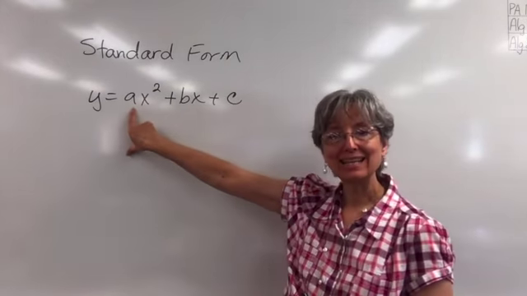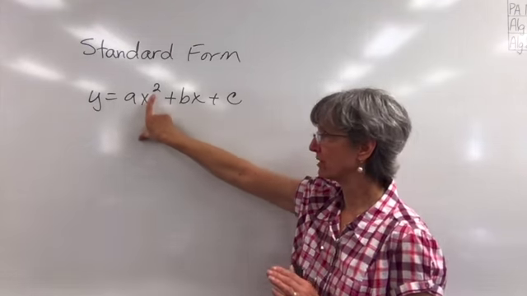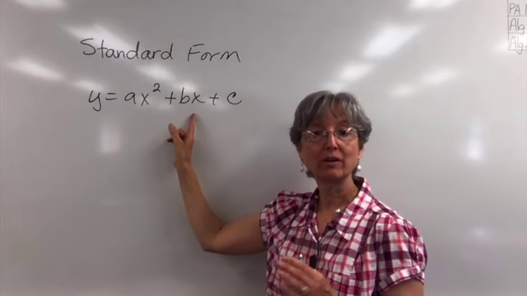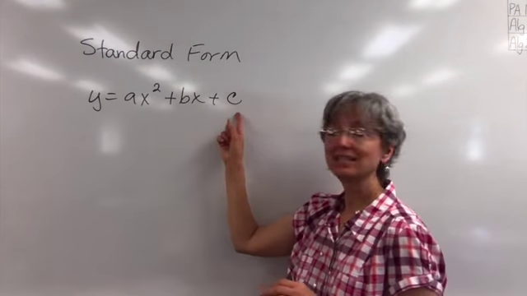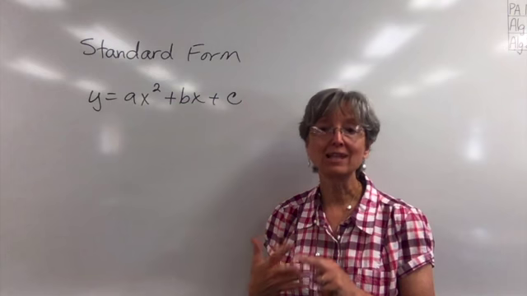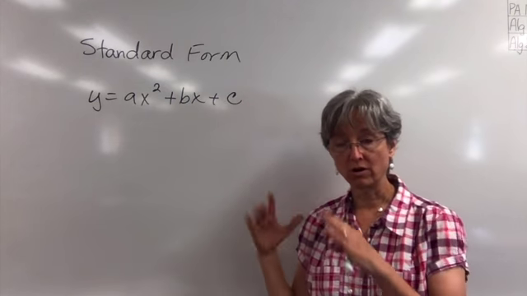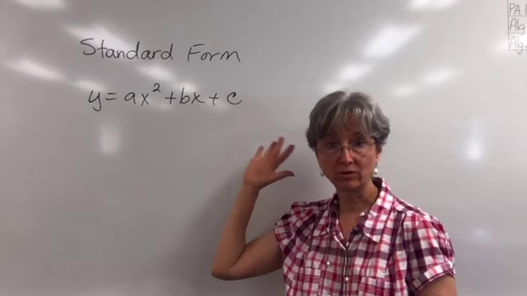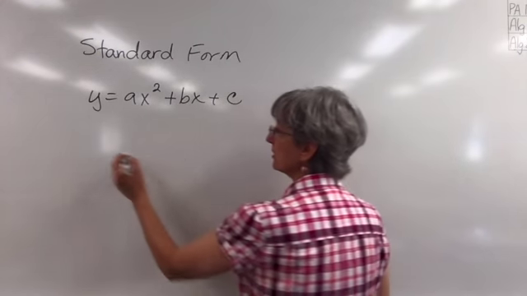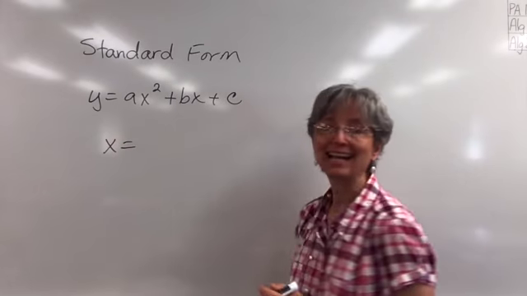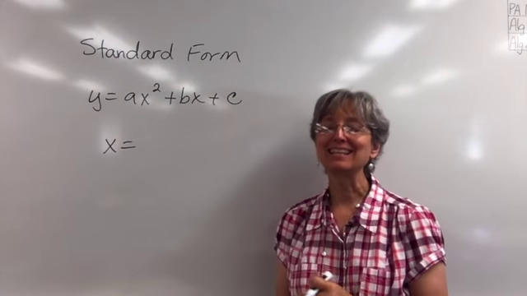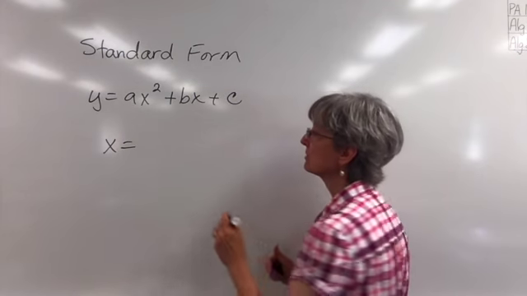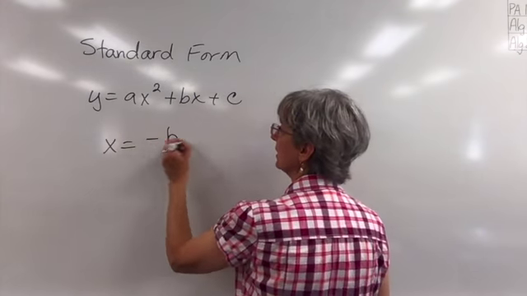All right, the a is always the coefficient in front of the x squared. That's important. The b is always the coefficient of just the single x, and the c is your constant. When I refer to a, b, and c, I'm always talking about those, no matter what order they're in. What you want to know is how to find the axis of symmetry. This needs to be memorized. It needs to be in your notes. The axis of symmetry is negative b over